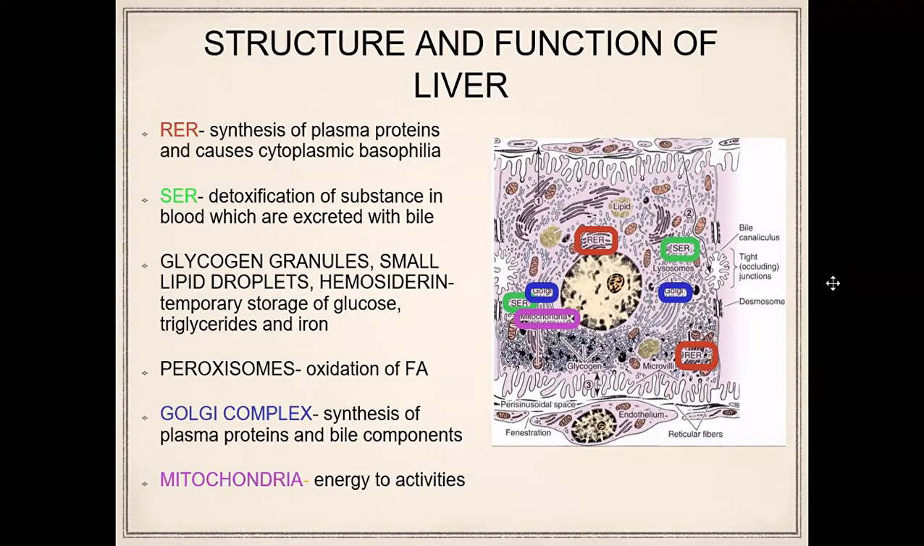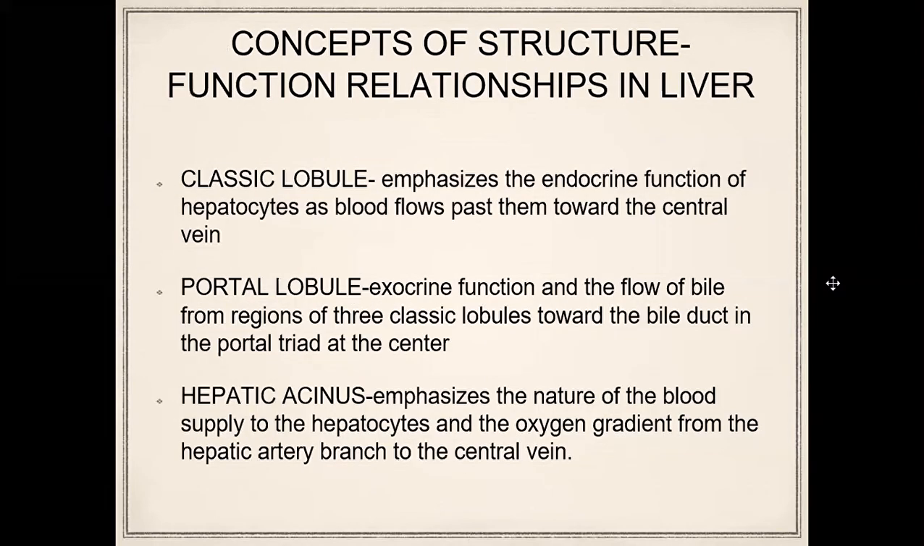And then you have your glycogen granules, small lipid droplets, and hemosiderin, for temporary storage of glucose as glycogen, of triglycerides in small lipid droplets, and of iron as hemosiderin. Peroxisomes handle oxidation of fatty acids. The Golgi complex handles synthesis of plasma proteins and bile components, and mitochondria provide energy. They are needed to activate all these functions of the liver. The concepts of structure, function, relationship